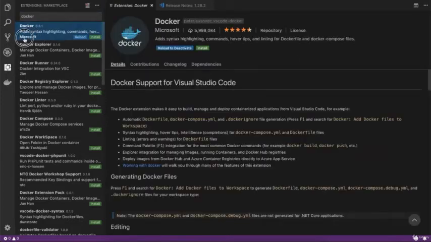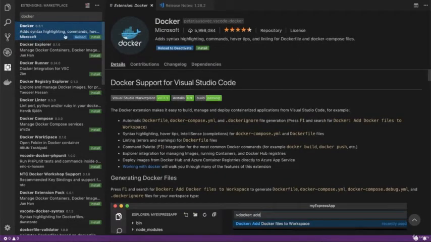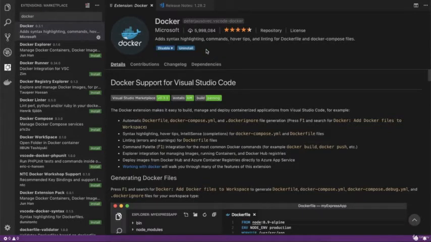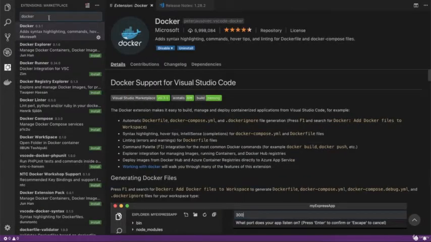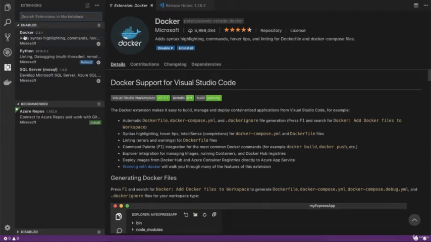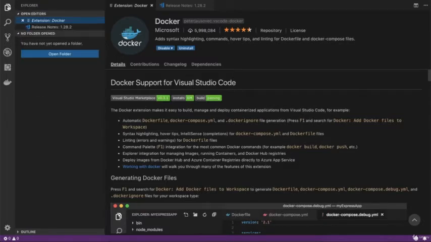So over here you can see this is being provided by the Microsoft, and this is the official Docker extension from the Microsoft. If you want, you can click this install button to install the Docker extension in your Visual Studio, or you can install by this particular install button as well. So I will click this and it will install the Docker extension in my Visual Studio Code, right? If I again go to the extension and minimize this search, see, Docker extension is available on my machine, right? Now, what I need to do, I need to create a Dockerfile.